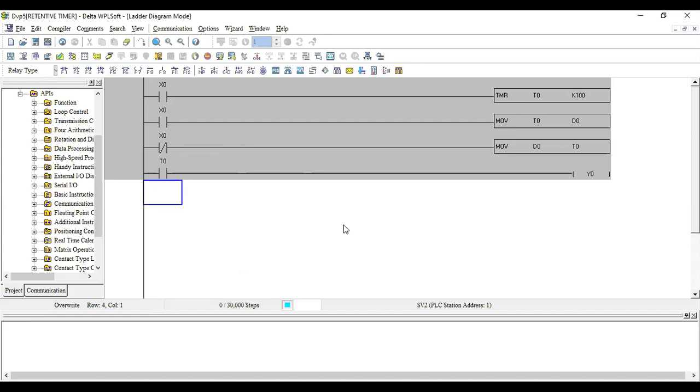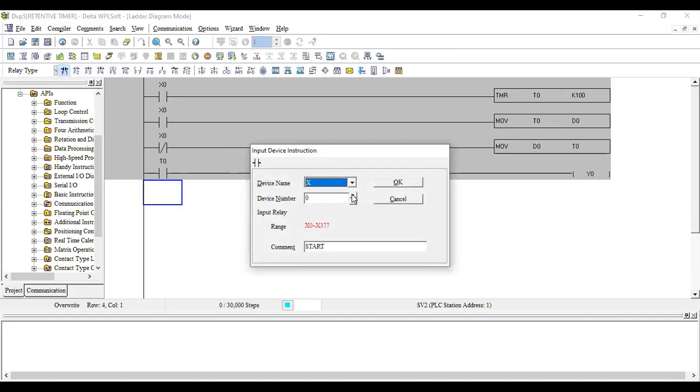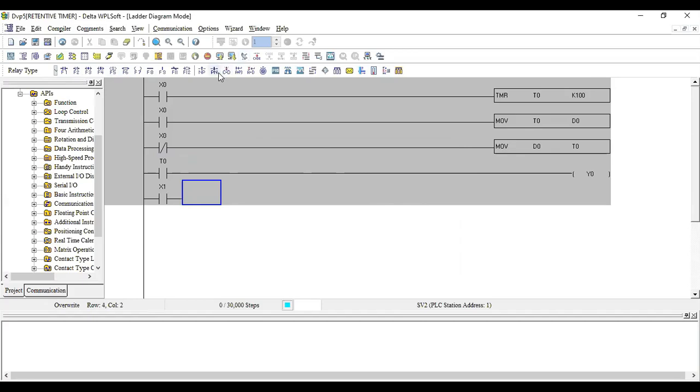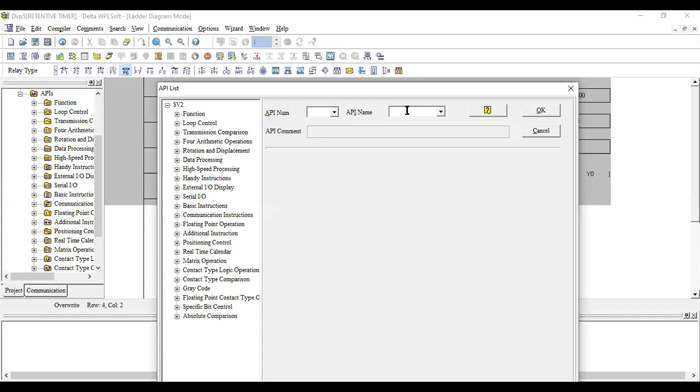So after everything is over, you need to reset both. We'll reset both the T0 and D0 values. For that, I'll use a separate reset switch. I'll use H1 as my reset switch, and I'll use the application instruction RST, that's the reset.